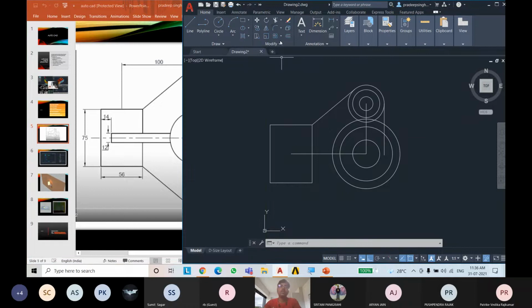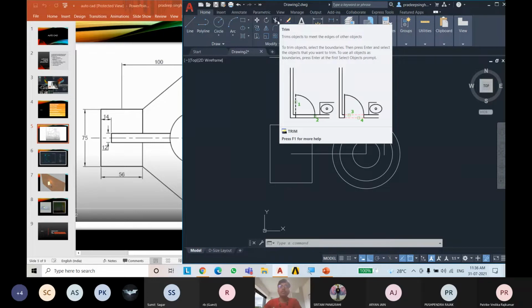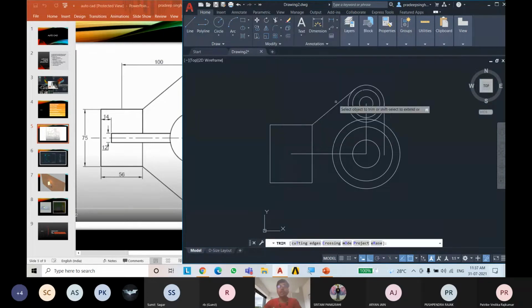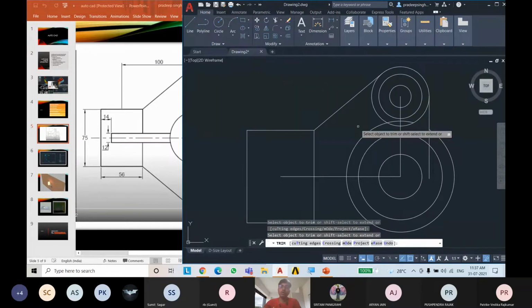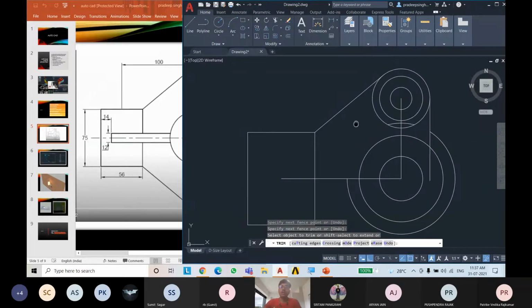So now we will use the trim command of the modify option. You can see also documents. If you want to trim or cut or erase unwanted edges, you just select the trim option, go on that line and just click. Or you can also go in space, click there, drag it, and click on another space. It will also erase it.